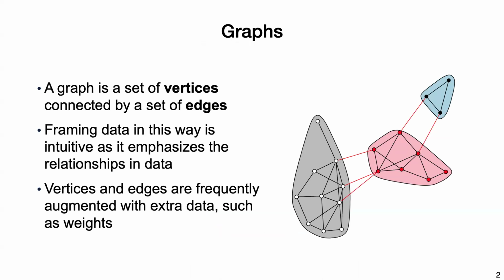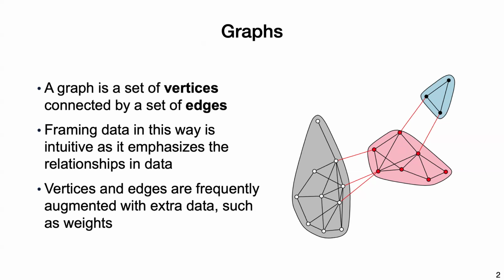To recap, a graph is an important abstraction in computer science. It is a set of vertices which denote entities, connected by a set of edges, which represent the relationship between the entities. A classical example would be a social network. The nodes are users in the social network, and the edges could be connections like friendship relationships or messaging relationships or an interaction network of some kind.